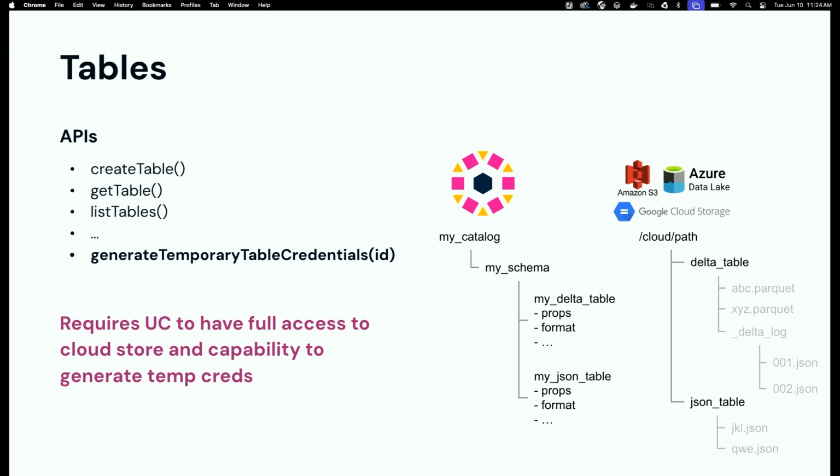But the interesting bit we have added here is you can ask UC to generate temporary table credentials. And as I said, for that to work, UC needs to have full access to the cloud store. It needs to know how any user can access the cloud, and UC must have full control. And so for UC to know that,